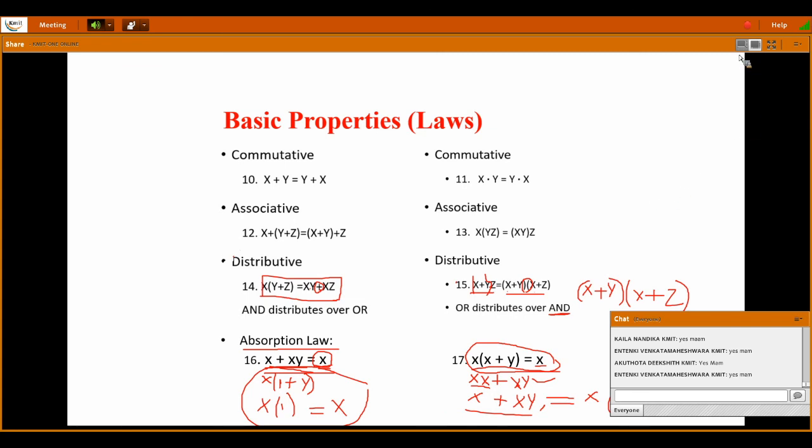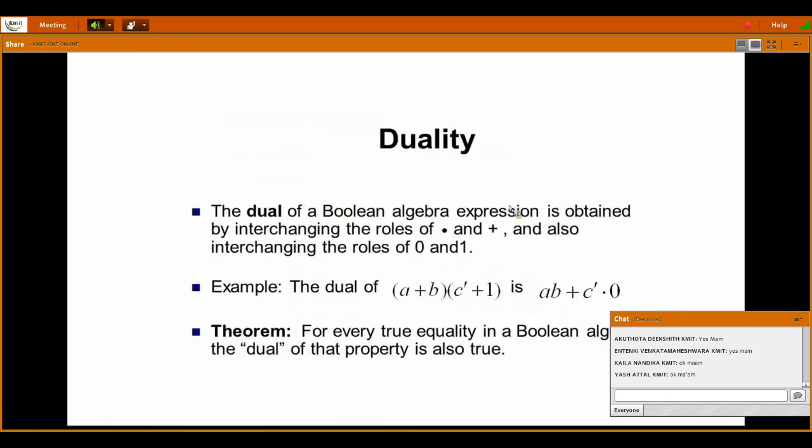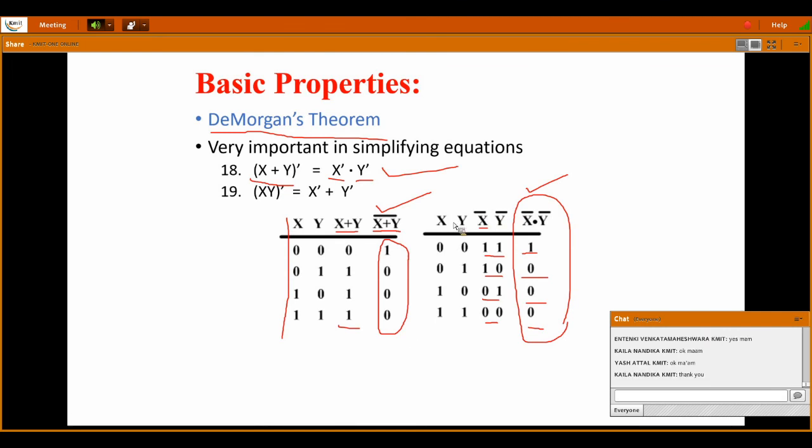I'll stop here for today. All of you take your quiz. All of you take your quiz. I'll continue in the next class. Till De Morgan's theorem, take the